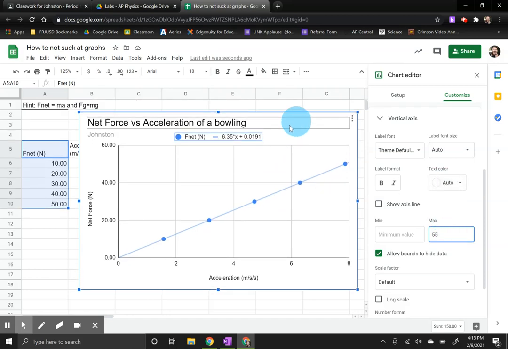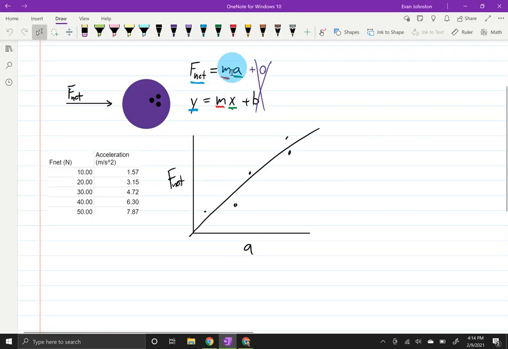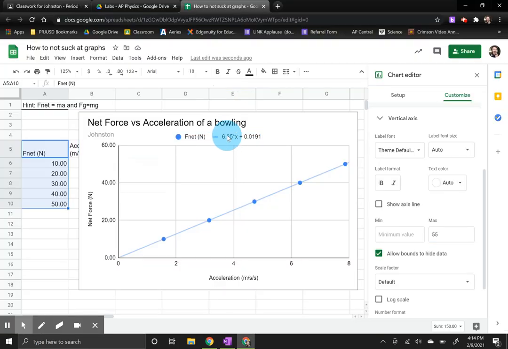So now that we have this equation, it's F net equals 6.35x plus blah, blah, blah. So we have a y-intercept. This means that my data isn't perfect, but it's pretty good. This number is close to 0. But we said previously that the slope of this graph would be the mass of our bowling ball. And so this really just means that, well, the mass of my bowling ball is